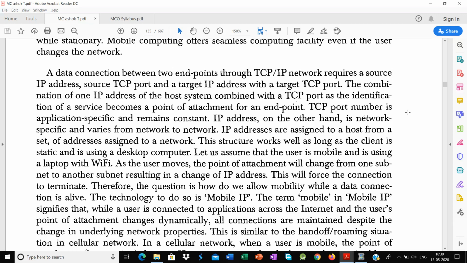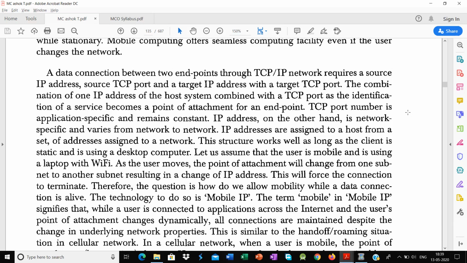Okay, so the TCP port is specific to an application and remains constant. TCP port, you can say, is a constant value which does not change. You can consider it as a physical address provided to your system, and these IP addresses are assigned to the host from a set of addresses assigned to a network. Okay, so this structure works well as long as the client is static and using a desktop computer system. Your client is using a desktop computer system, so you can say that this TCP/IP port is a constant value